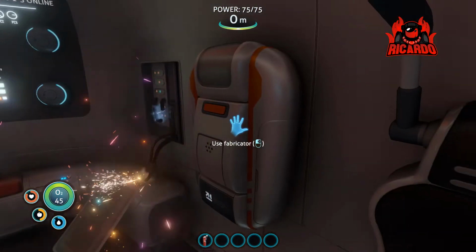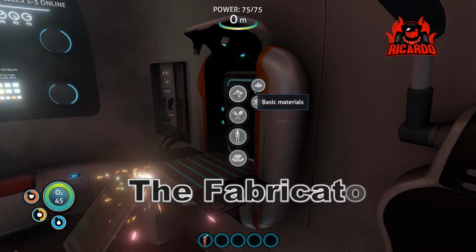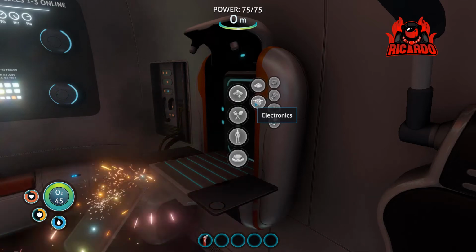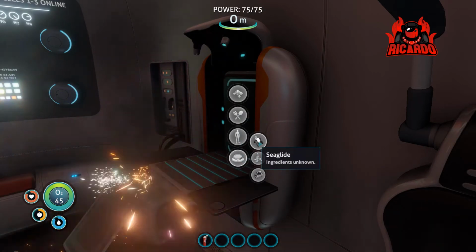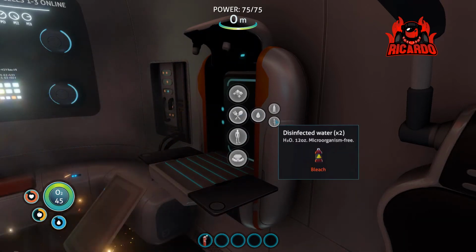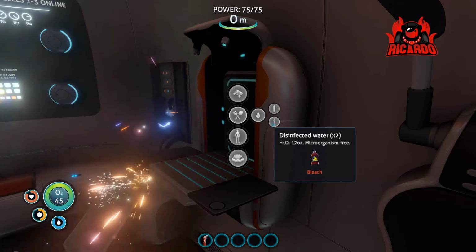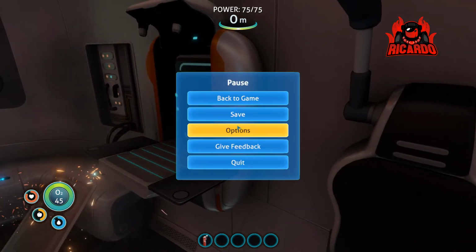Things are still sparking away, but there's no dramas. Here's the Fabricator I was talking about. This allows you to change materials that you collect around the environment into options. So this is your crafting mechanism, okay? You've got materials, you've got food, including water and other foodstuffs, you've got equipment, and then you've got vehicles and heavy